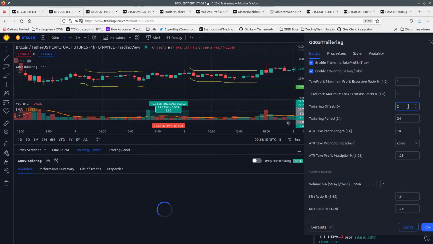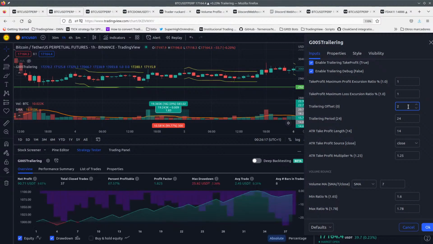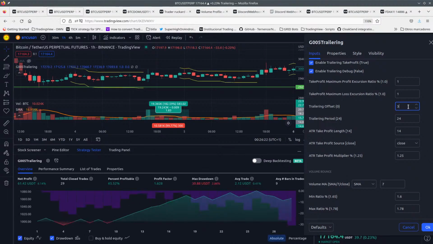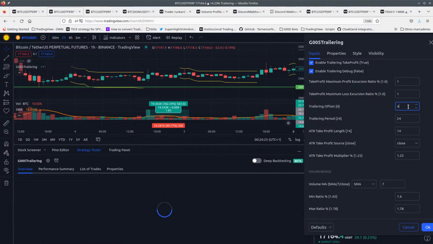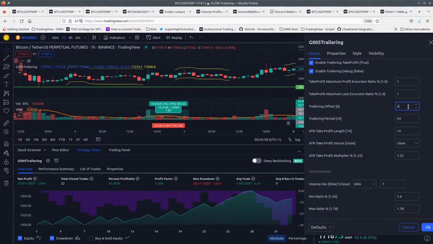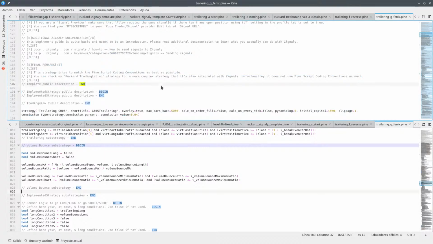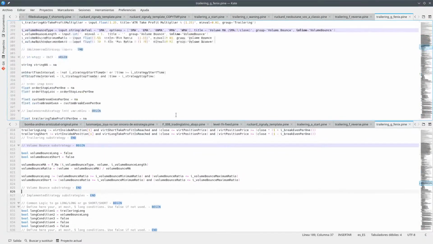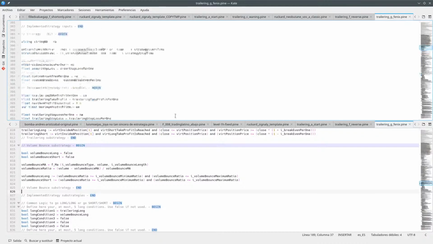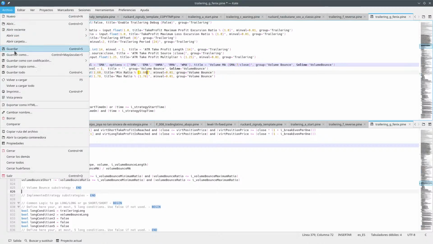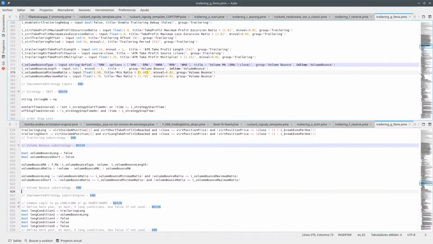I prefer this ratio, if you ask me, because the max drawdown is smaller than the net profit, quite smaller in many of the cases, so this is the way to go. So let's change this to 1.6. And we also need to check if long and short are good enough or not, because right now we